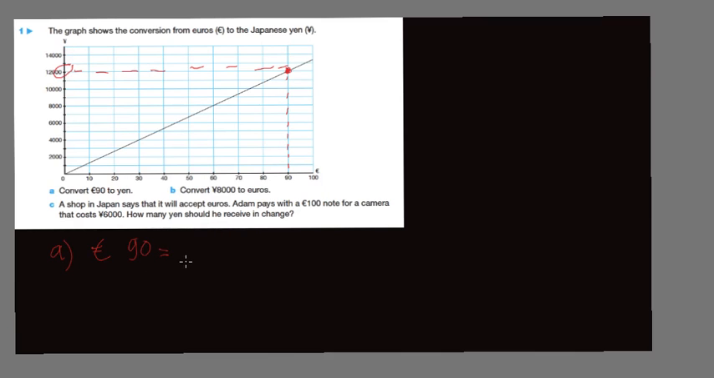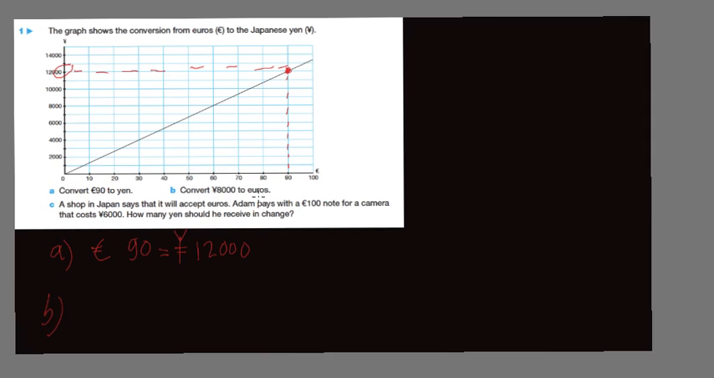From the graph, we find that the value of 90 euro is 12,000, so that is the same as the amount of 12,000 yen. And then for question 1B, convert